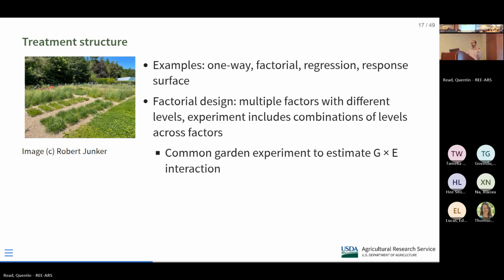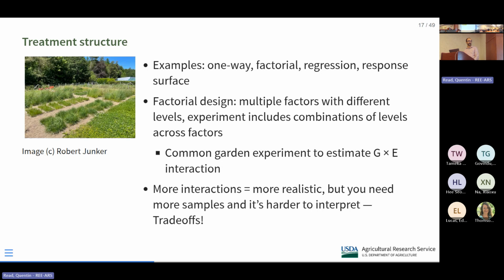Like, for example, if you want to know, does smoking cause cancer? Well, there also might be some genetic effect there. Some people might be more likely to develop cancer based on their genetics if they smoke. But if you're not put in the environment, if you never smoke, then you would never see that genetic effect. So you have to look at the genotype by environment interaction, and you can do that with an experiment. Obviously, it's not ethical to do experiments on humans with tobacco smoke, but you can do it with other things.